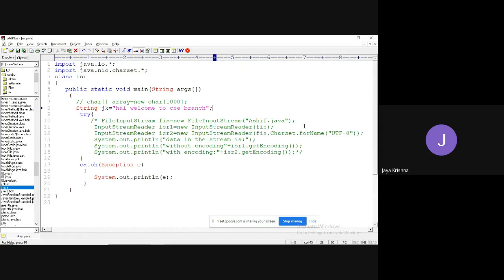Now I'm going to take a file output stream, fy equal to new FileOutputStream, and the same file I'm going to write, archive.java.